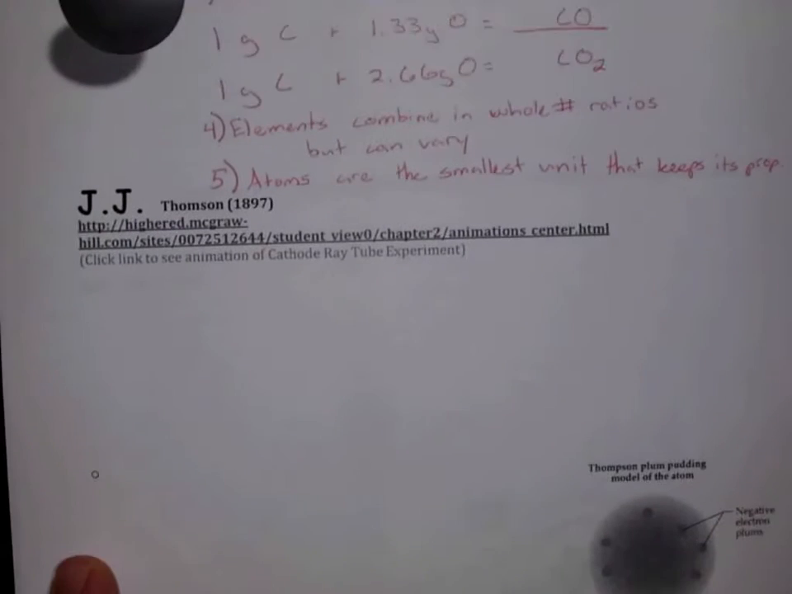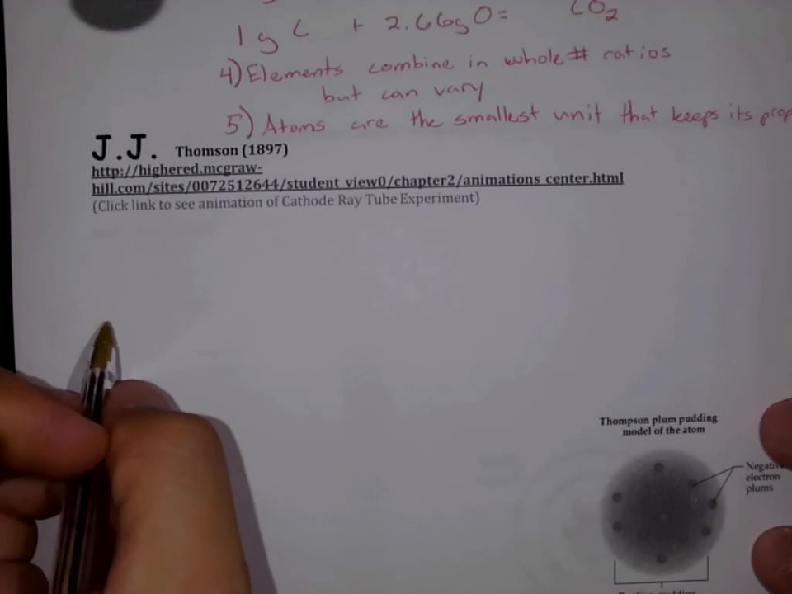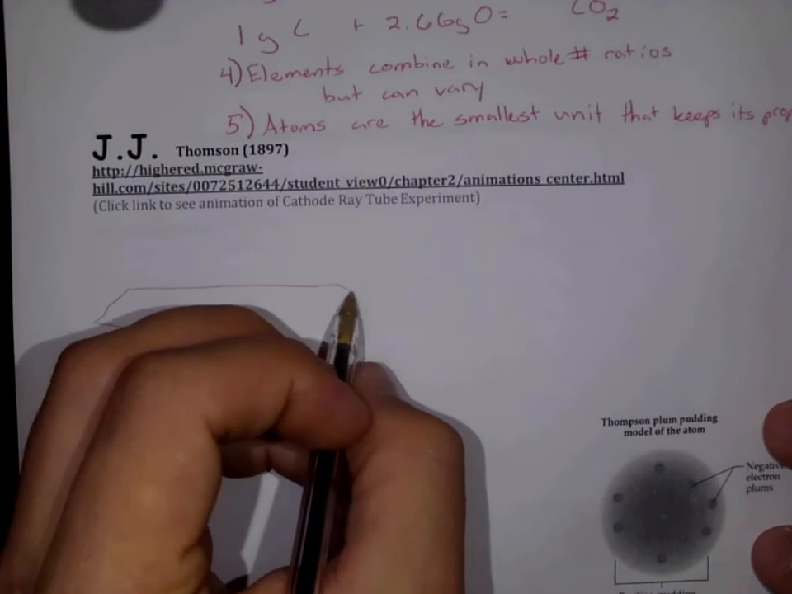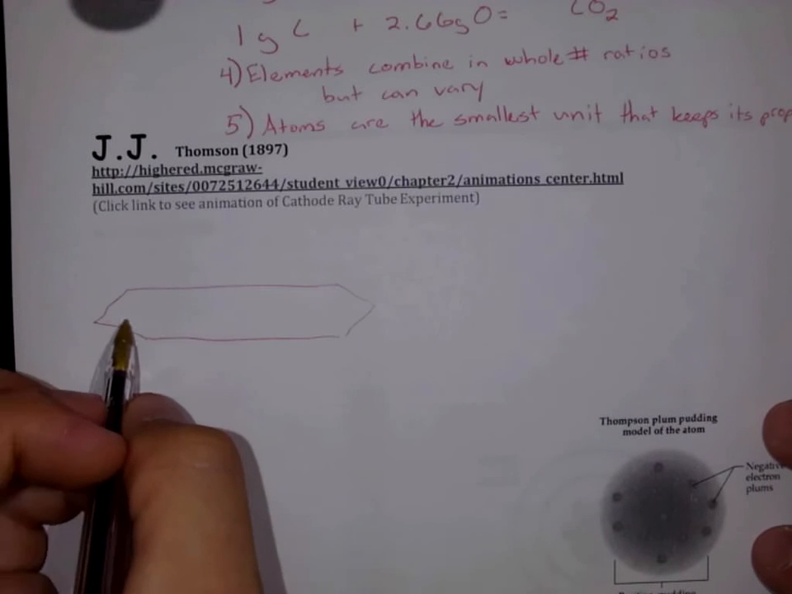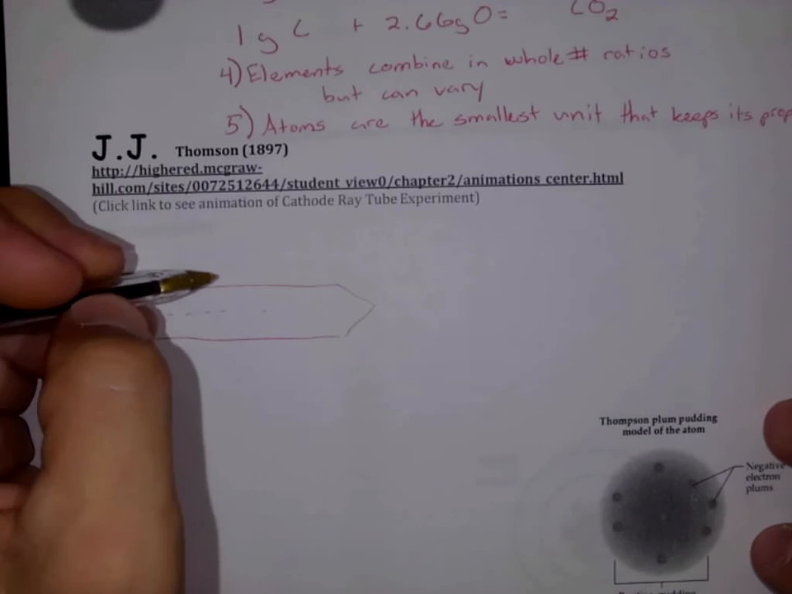So a little bit later, we're going to talk about J.J. Thomson now. J.J. Thomson used a cathode ray tube. And so what he did was he had a tube that was kind of evacuated, right? So it didn't have really much of anything in it. And he shot some sort of particles through it. And then he took a magnet,